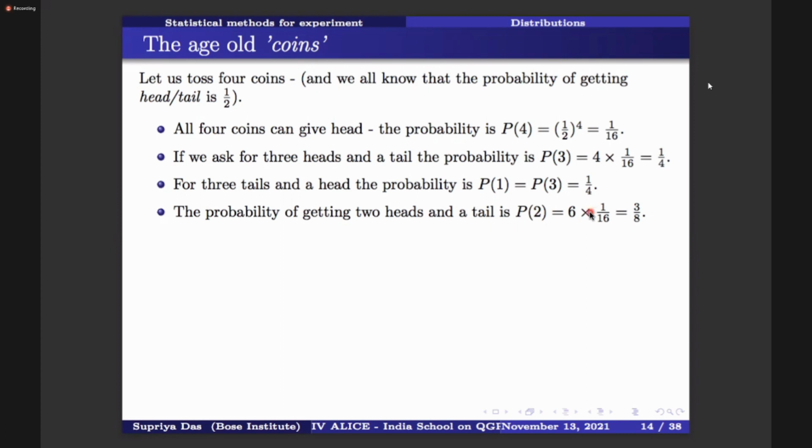You can have 6 types of combinations like that. So head, tail, tail, head, tail, tail, head, tail, like that. You can make 6 combinations, and the total probability comes out to be